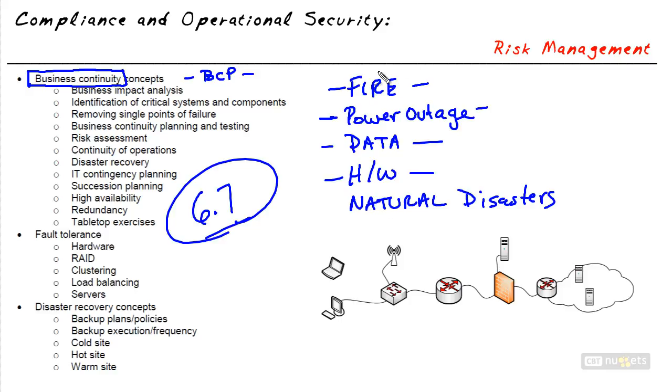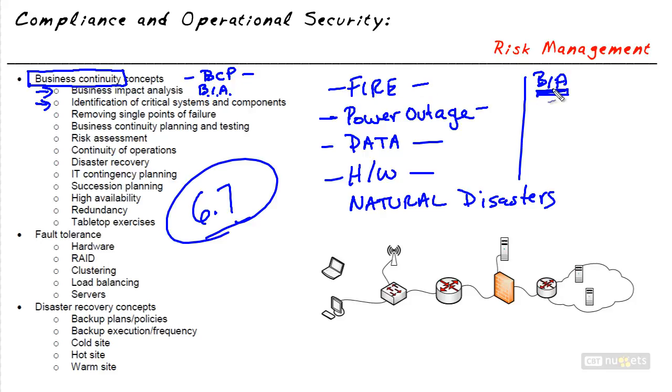The first step an organization would want to take in getting ready to handle any one of these situations is doing what's called a BIA, a Business Impact Analysis. A big part of a business impact analysis is to identify the critical systems that we have in the company. We're not trying to identify solutions for all the potential problems that may come up. We're simply seeing how any one of these items may impact our business.